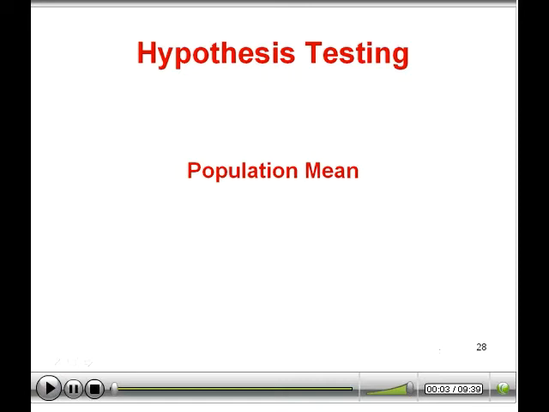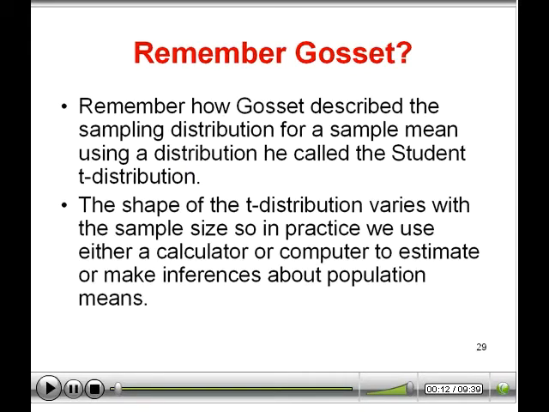Next, we turn our attention to testing hypotheses about population means. Just as the secret to testing hypotheses about population proportions was the sampling distribution for a proportion, the secret to significance testing for population means is also the sampling distribution of a sample mean. You may recall from Chapter 7 how Gossett described this distribution using his now famous t-distribution. The shape of this sampling distribution varies as the sample size varies and becomes increasingly like the standard normal distribution